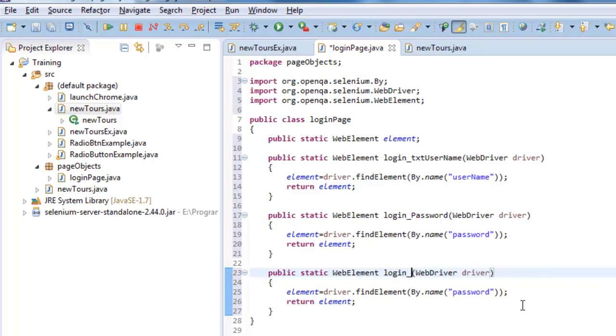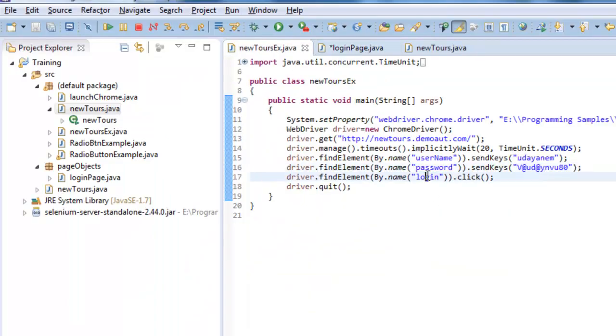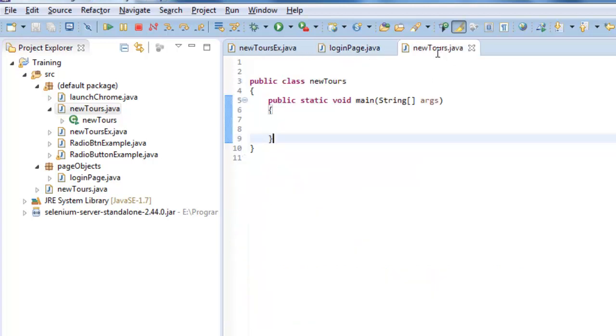So for the method, you can keep whatever name you want. All right, so the corresponding object is this one. Now when you invoke this method, it will return your web element that points to the username. And when you invoke this method, it represents an object which points to this password. All right, so now let's go to our main test case and see how exactly we use those page